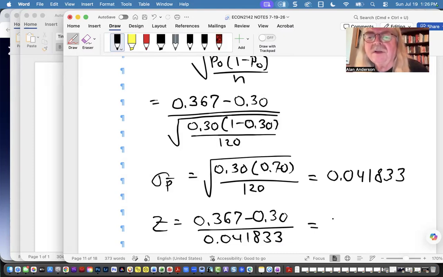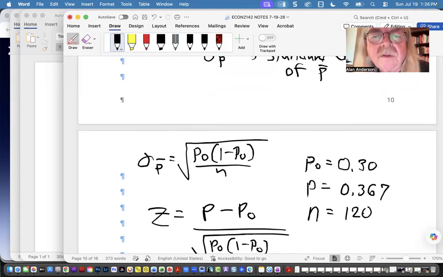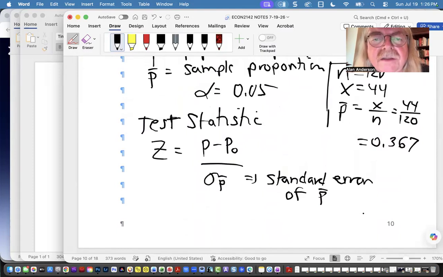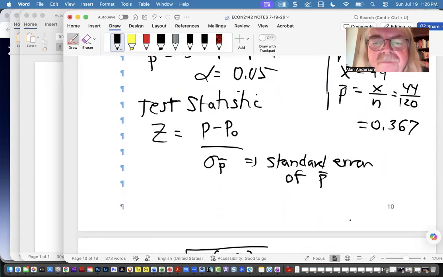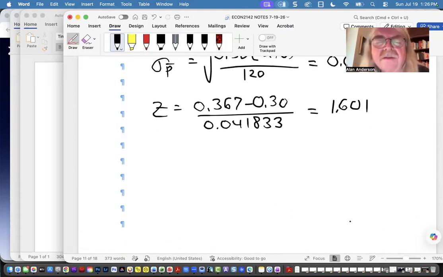It's almost exactly 1.6. 1.601, let's say. All right, now the alpha is 0.05. This is a right tail test. So the critical value is,